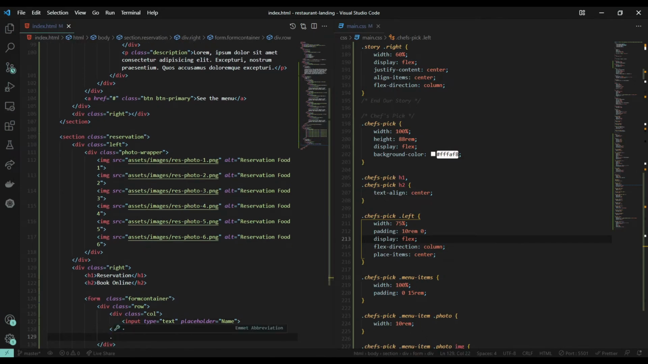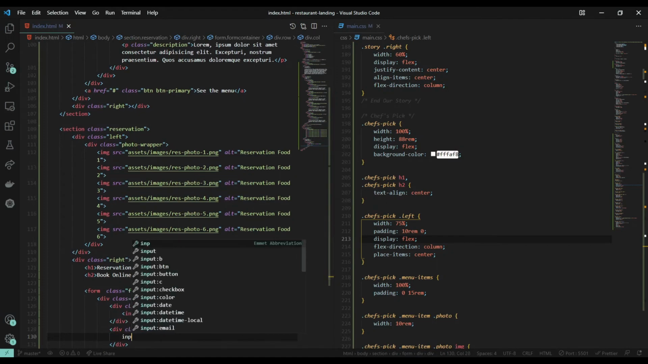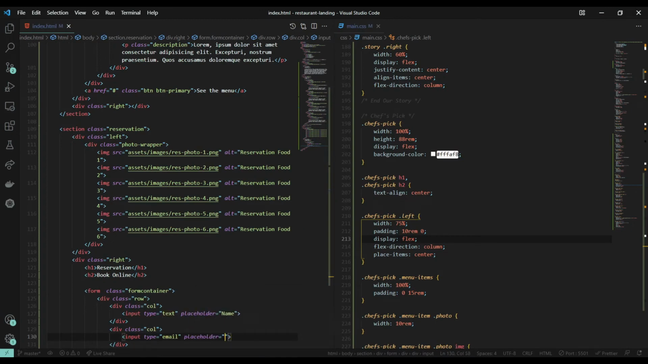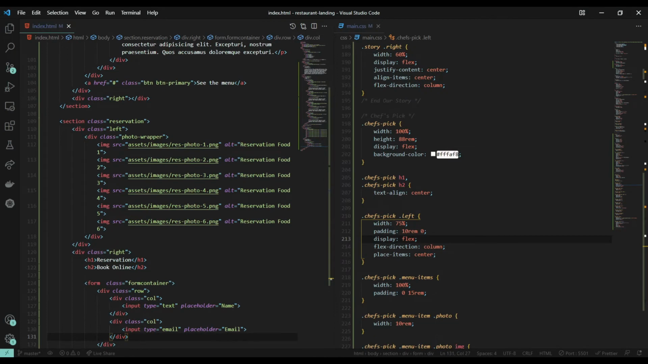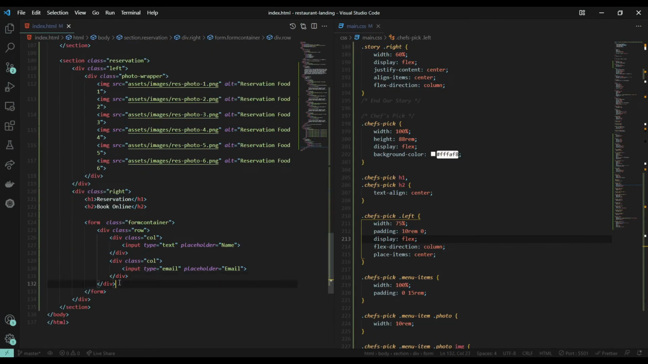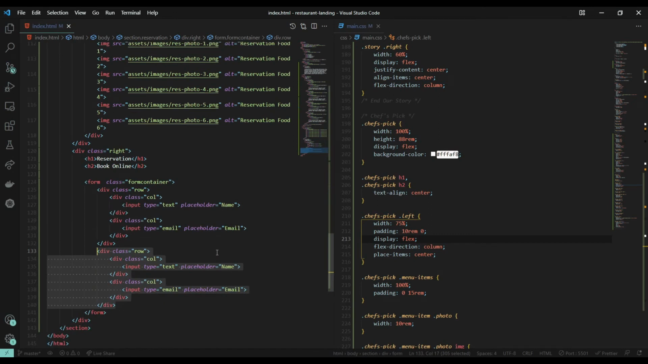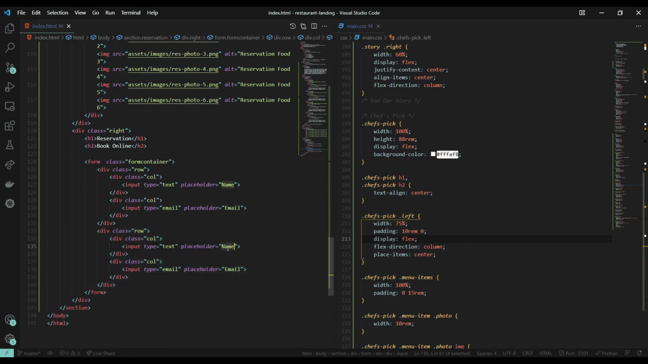We'll create another column. I'll put another input, type email, a placeholder of email, and that's the first row. We'll copy this and create another row, and this row will have the phone number and the amount. So we'll say phone number, and we'll say amount. We'll give this number, and then we'll have another row